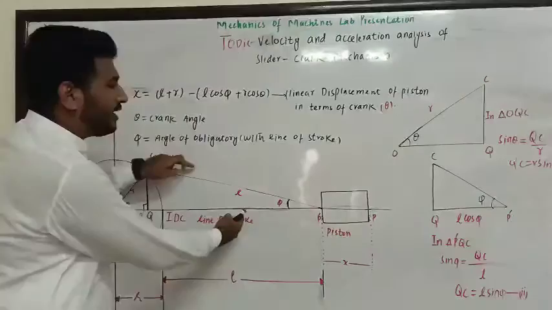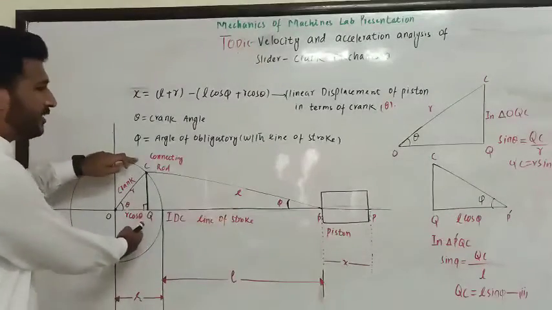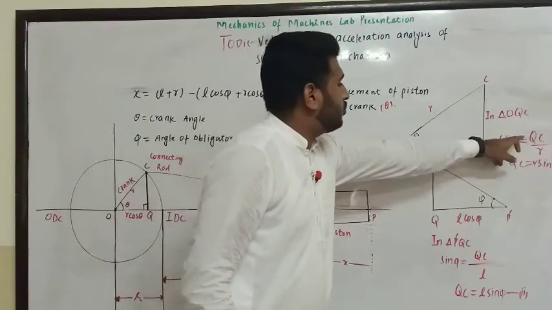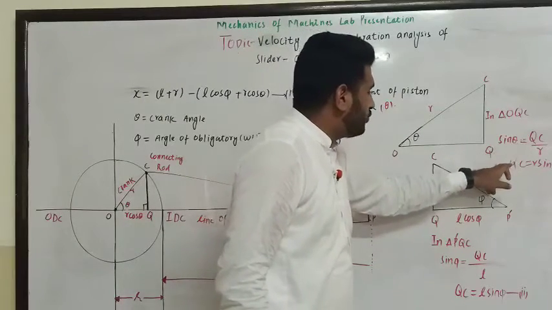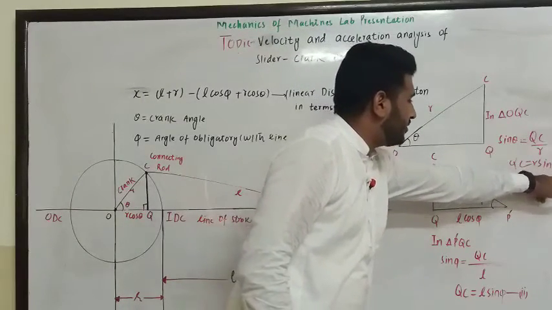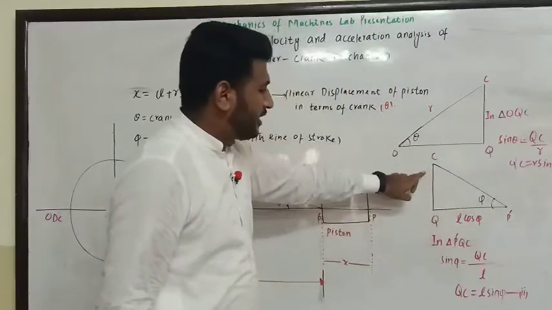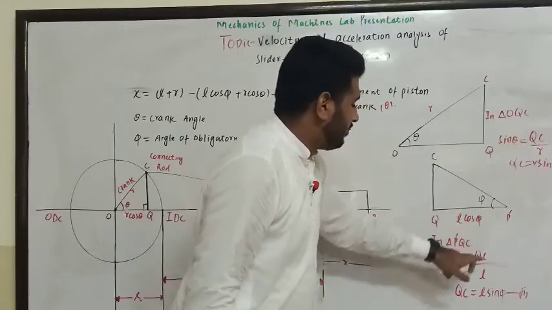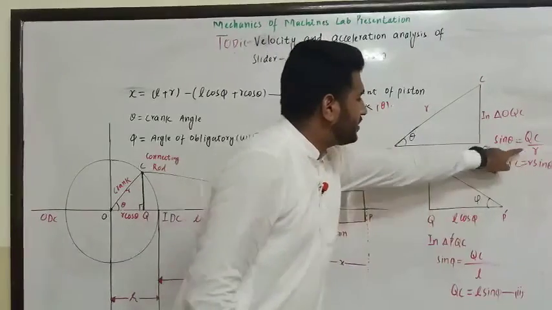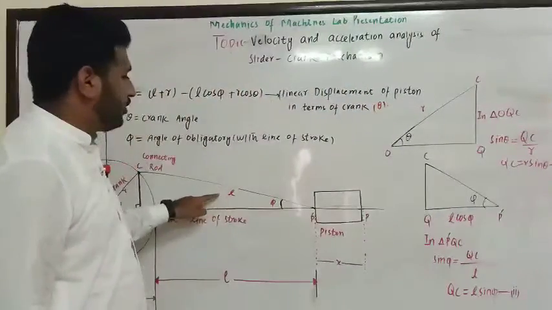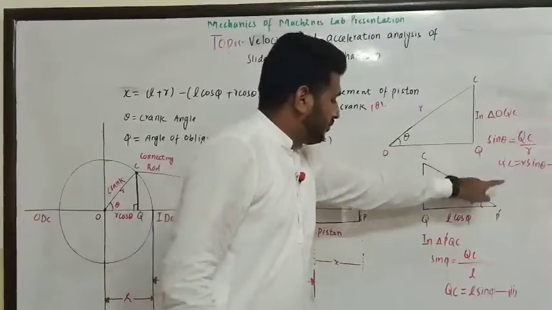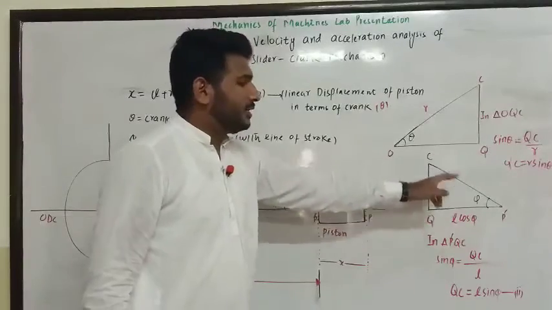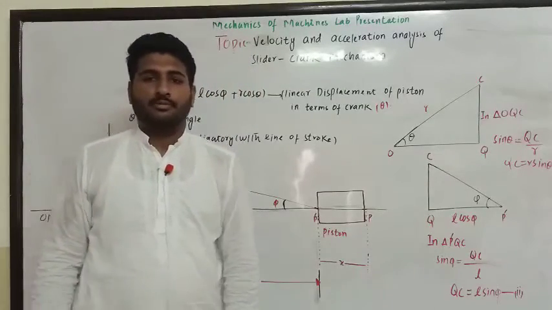This one is the first triangle, for the crank. Sin theta is equal to QC by r, so QC is equal to r sin theta. Let me call this equation 1. From the other triangle I get a similar result, but sin theta is replaced by sin phi, and r is replaced by the connecting rod length L. Let me call these equations 1 and 2. If I equate these two equations, I can get a result, and this will be explained by Bas Sultan. Thank you very much.